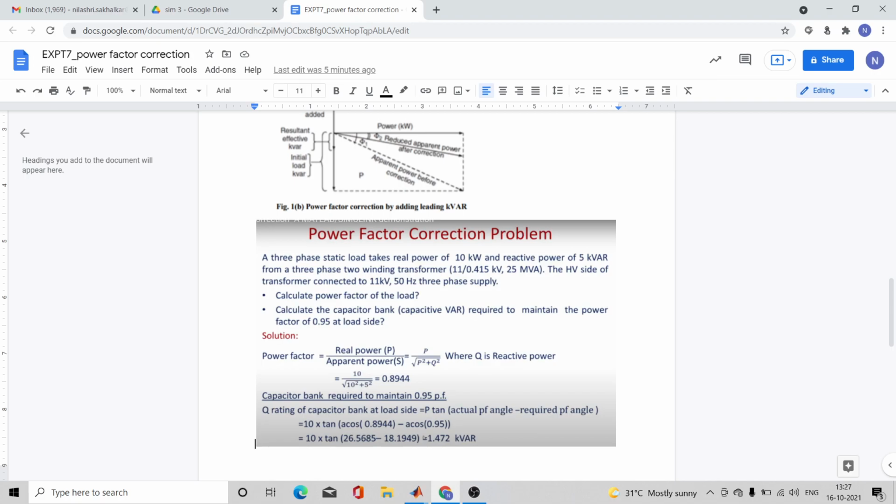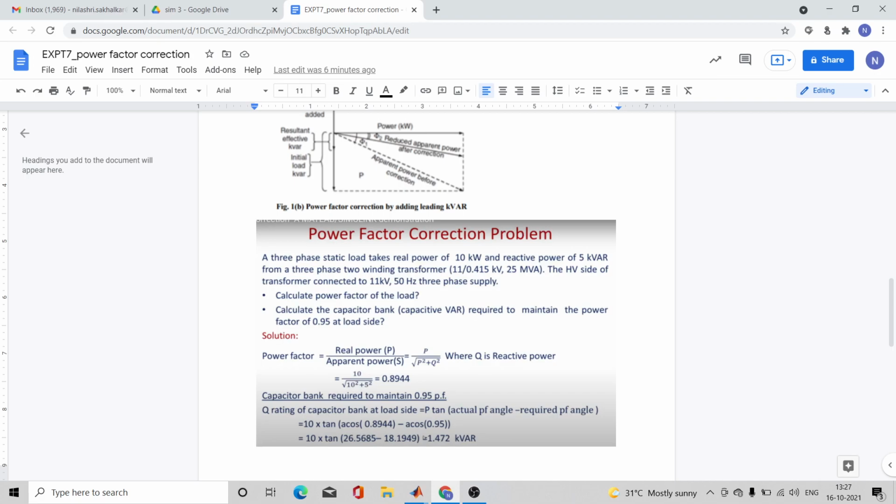The formula is P times tan of (acos of the actual power factor minus acos of the required power factor).